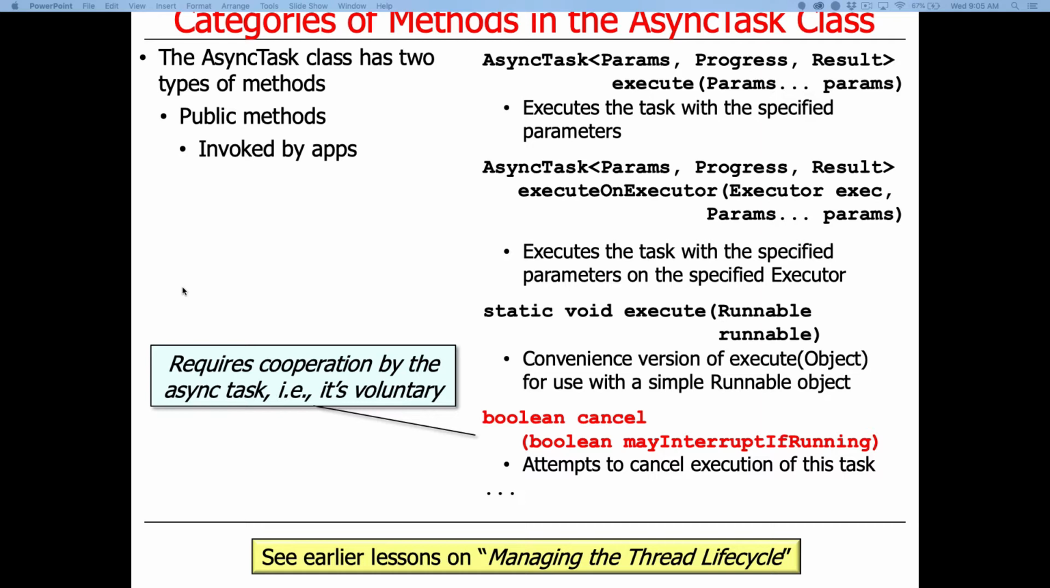What was happening with cancel is you can attempt to cancel the AsyncTask, and the AsyncTask will be shut down if there's a way to shut it down. Recall from our earlier discussions about managing the thread lifecycle that cancellations of threads are always voluntary. So if the thread that's running the task decides just to blissfully ignore interrupts, then this won't actually do anything. But it'll try its best to cancel it. I'll show you some examples of this later. And as before, you can give a flag that says, should we interrupt it or not if it's running? Those are the main